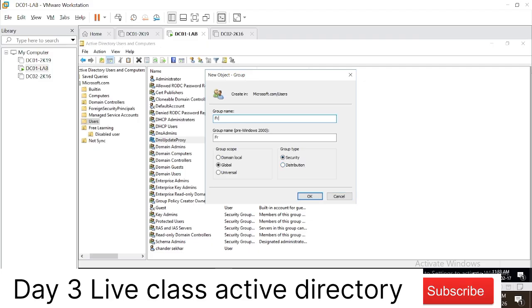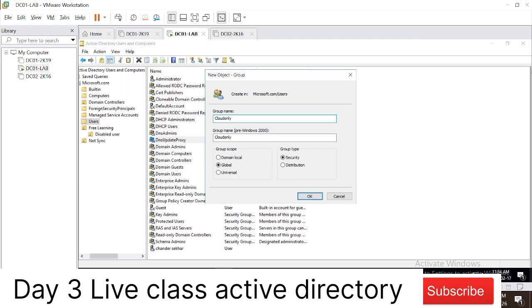Security group has limited resource sharing, so we can have limited access, a limited number of members in that group. In distribution we can add unlimited numbers, but we can't share the environment. In a security group, we can assign permissions to the group and its members, and the distribution group is only a list of users, but it doesn't have an email address assigned to it. Okay, great. Anybody else?